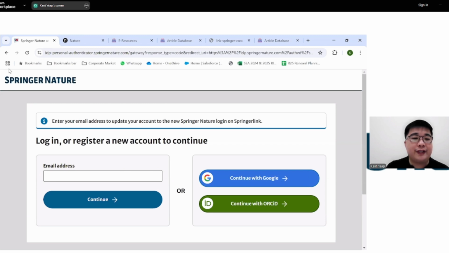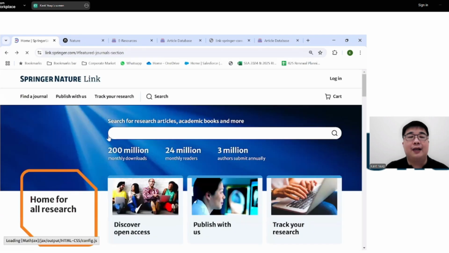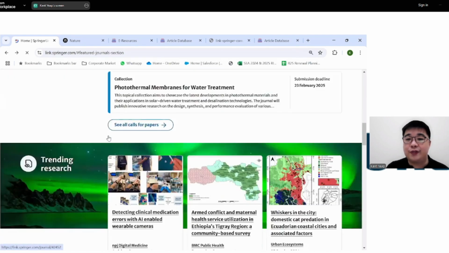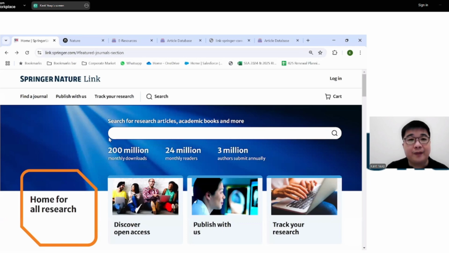So once you put in an email address that you want and click enter, you will be asked to just put in a password to associate with that username. And once you've done that, you're good to go. Okay, and you should see your name or your email address that you have used at the top. Okay, but if you don't see it, or you don't use it, that's fine. So that's also lesson number 2 for today.